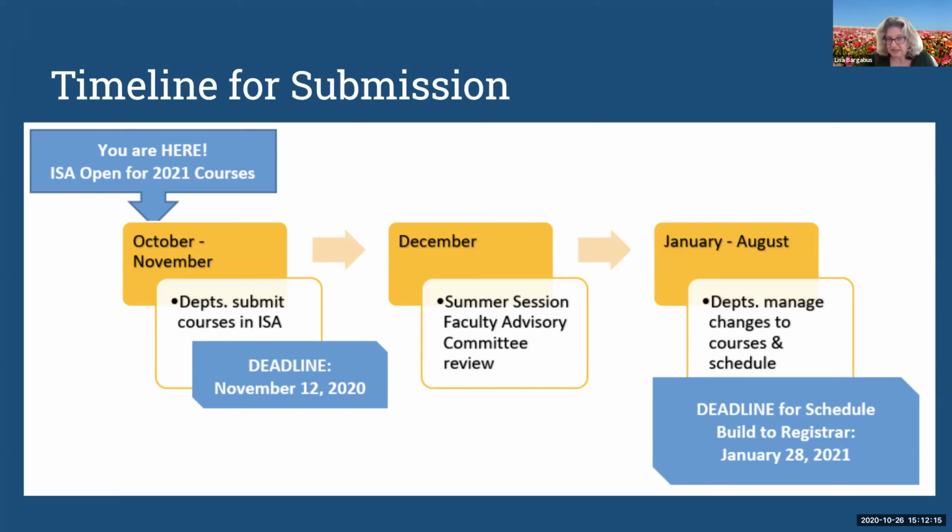After courses are submitted, we present all the courses that have been submitted for review with our summer session advisory committee. We have faculty on that committee from all the divisions, and we have some student representatives too. And we look at the slate of courses, and then summer session will take their input and approve the classes. So before we go to winter break, you'll know what classes have been approved, and summer session will actually post a preview of courses on our website so students can see what courses and what sessions they'll be offered.